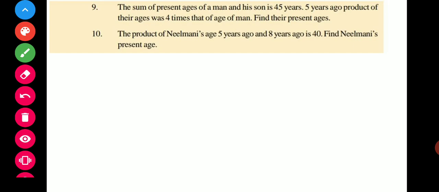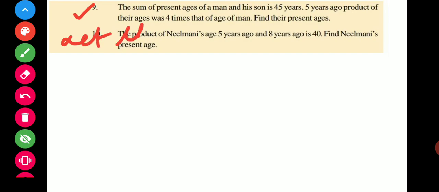Now come to the 9th question. This 9th question: the sum of present age of a man and his son is 45 years. 5 years ago, the product of their ages was 4 times the age of the man. In this also we have to let. Let the present age of man